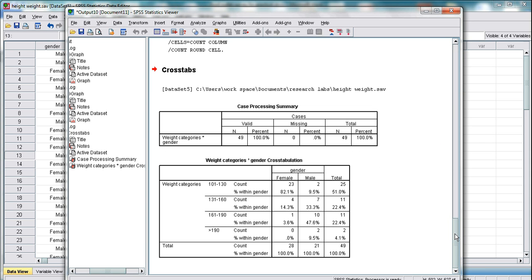Now this is what you get from it. This is what is generated, and it is showing that in fact 82% of my females were actually in the 101 to 130 category compared to only 9.5% of males. If you look at the higher category, if you